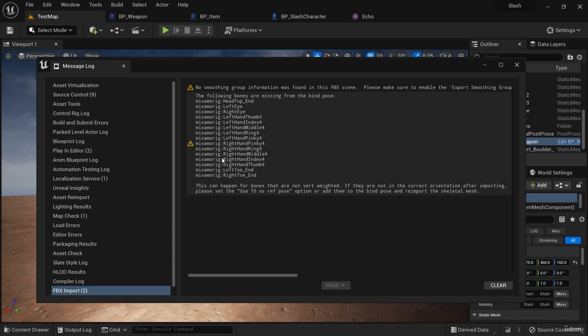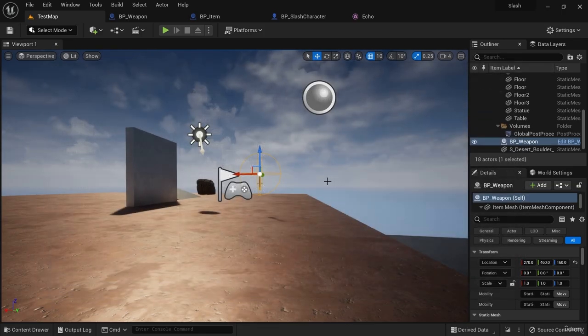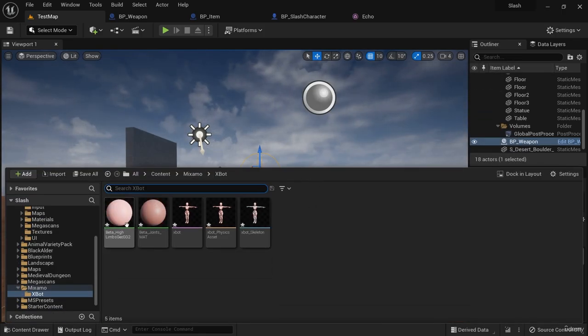It gives us another warning, and it says this warning can happen for bones that are not vert weighted. And it says if these bones are not in the correct orientation after importing, set the Use T0 as ref pose option, or add them to the bind pose and re-import the skeletal mesh. We don't need to worry about that, so we can close this warning message, and now in our XBot folder,